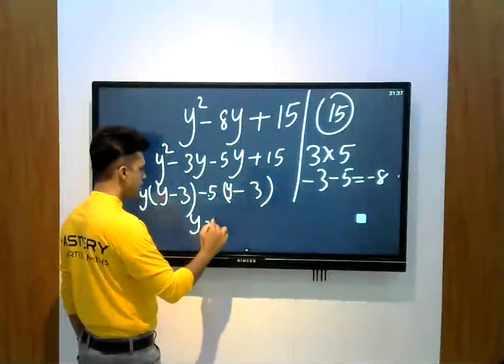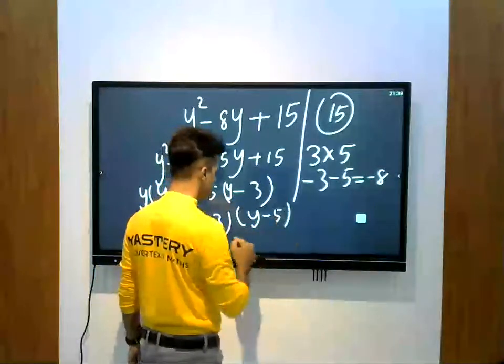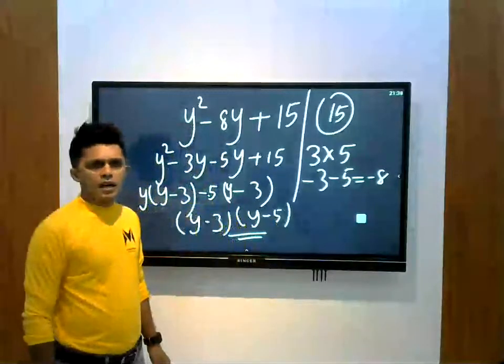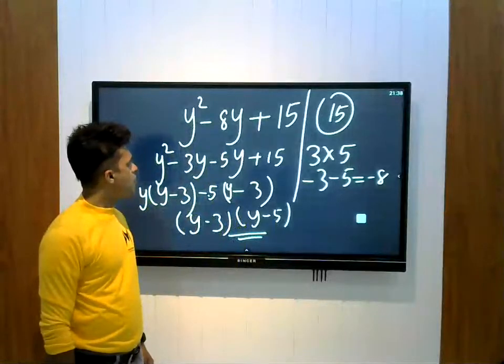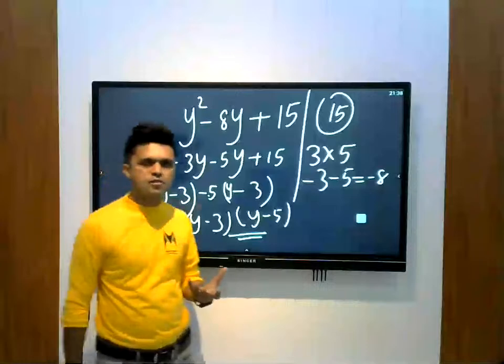So y minus 3 into y minus 5 are the factors. I think that you got an idea about the way of getting the factors of these types of